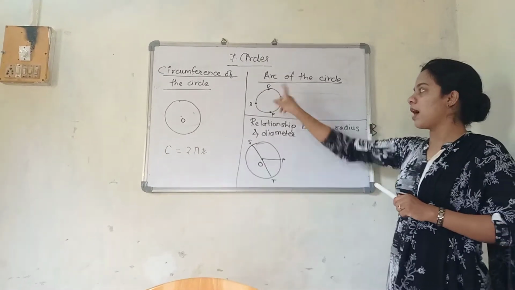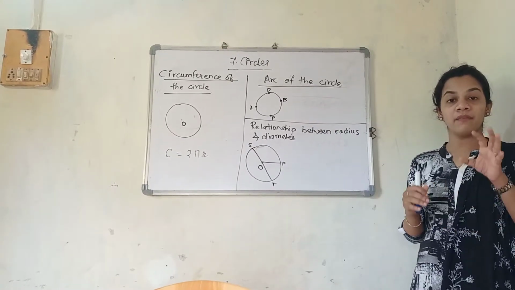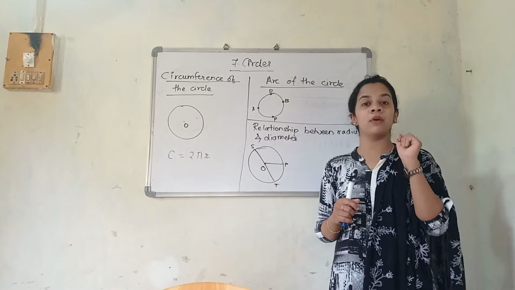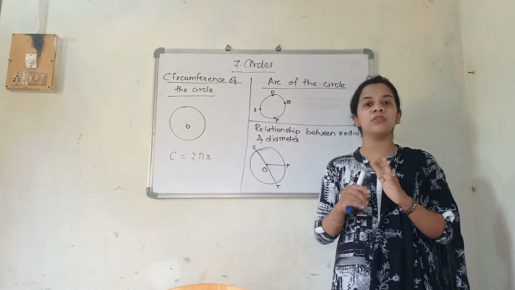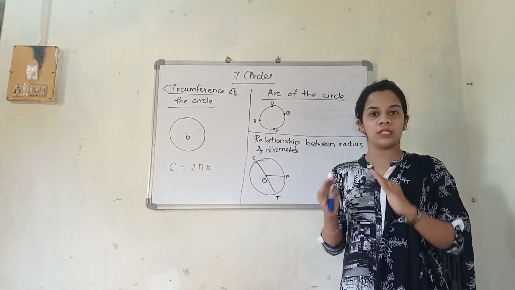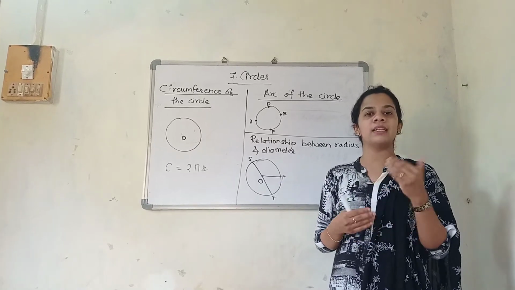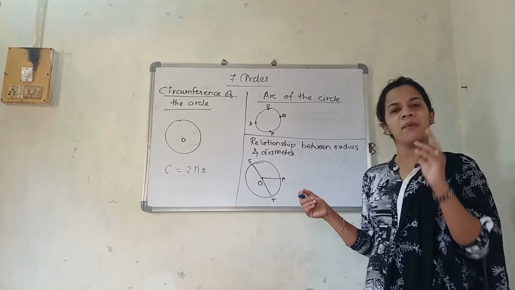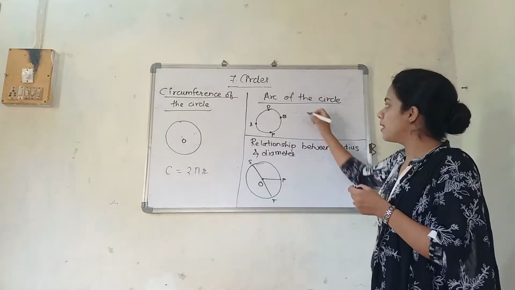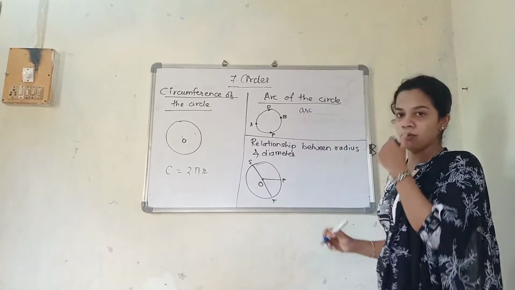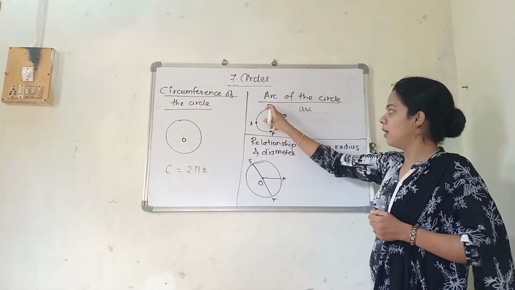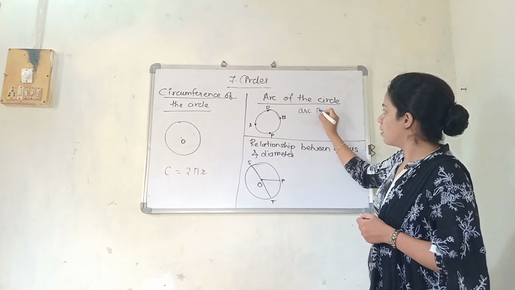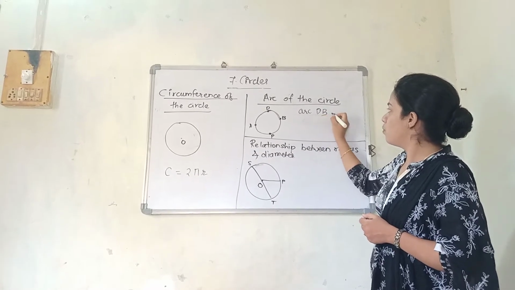You can see over here I have taken a few points on the circle. Keeping them in mind, I am going to write the arcs of it. Arcs means that the circumference is divided into parts, and each part is an arc. An arc can have a 3-letter name or a 2-letter name. For example, the first arc: DB means I am going to travel from here to here. Arc DB. Which will be the next arc?